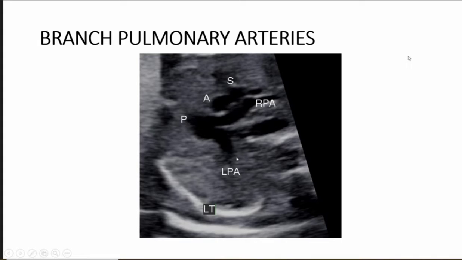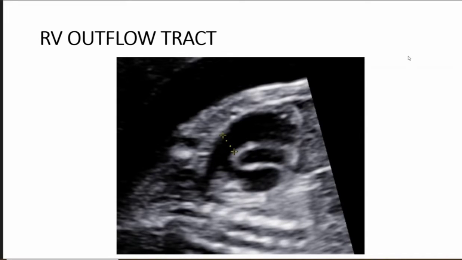It is important to show the confluence of both pulmonary arteries, and the size and patency of both pulmonary arteries, because in Fallot's tetralogy and right ventricular outflow obstructions, the branch pulmonary artery anatomy, presence, size, and confluence has to be told to the pediatric cardiologist. So we have finished the abdominal view, 4-chamber view, 5-chamber view, 3-vessel view, 3-vessel tracheal view, and now we go to sagittal oblique views.